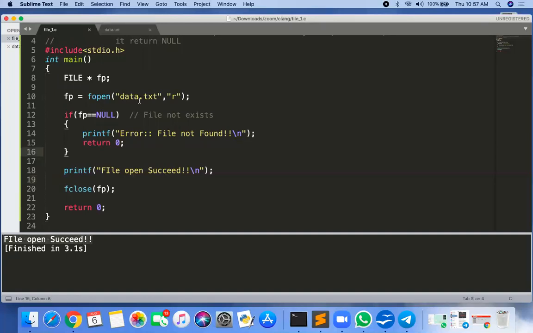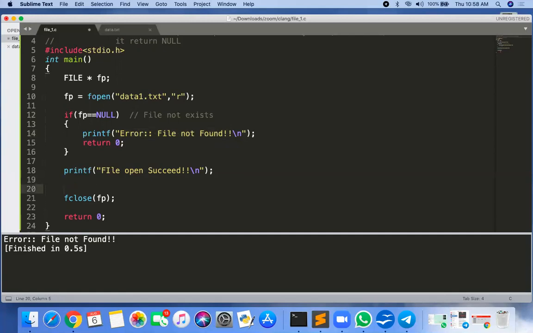Now suppose I'm giving data1.txt. If this file is found, then file open succeed, otherwise file not found. So data1.txt is not present in my directory. If it is not present, then fp is null, and if fp is null, it will print error, file not found.